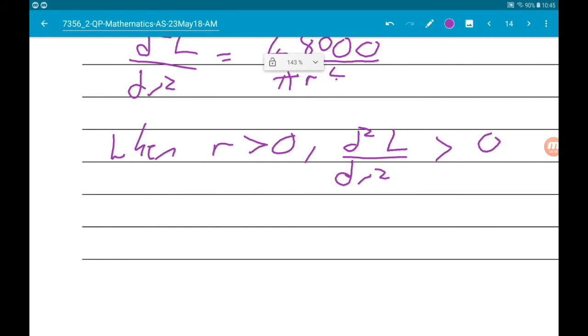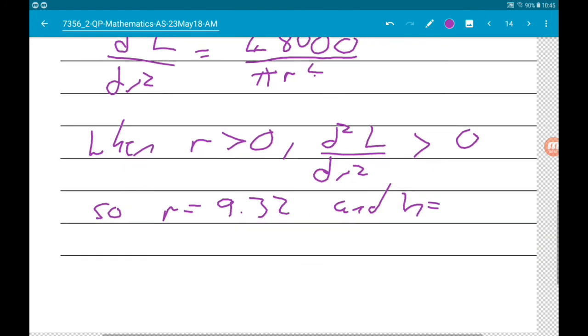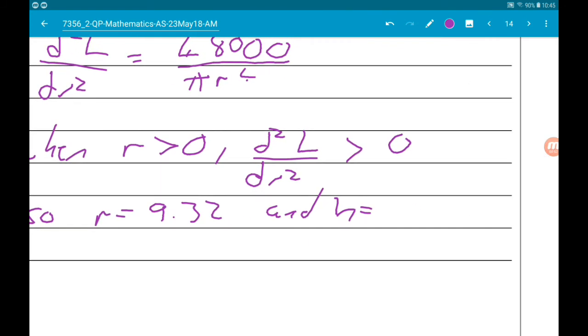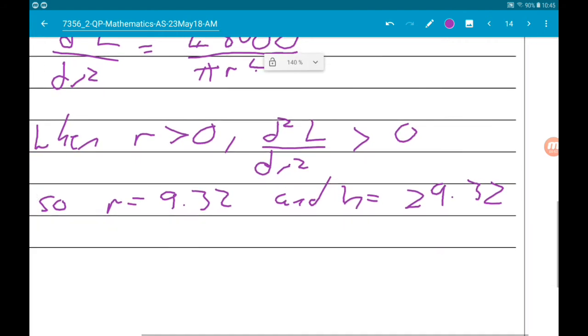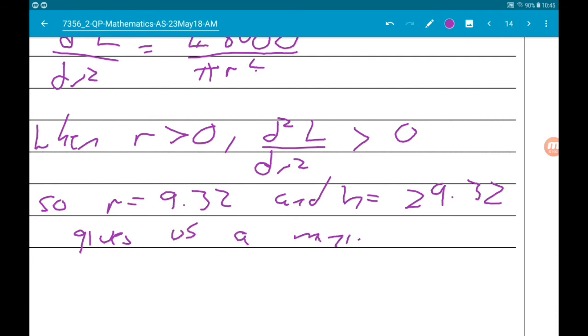So r equals 9.32 and h equals 29.32 gives us a minimum length of, well,